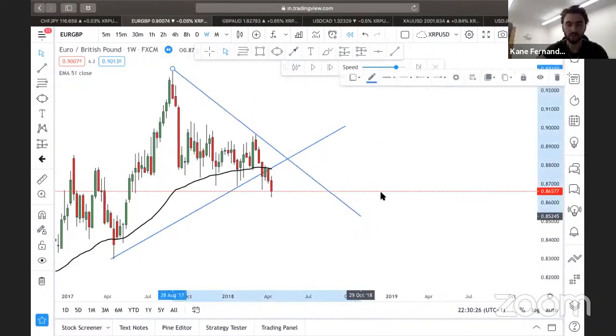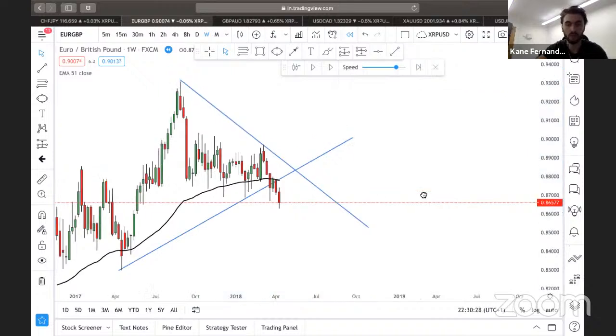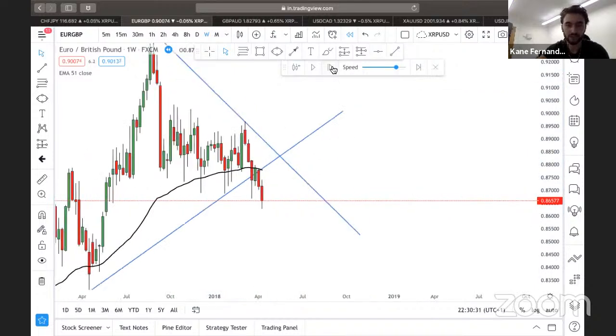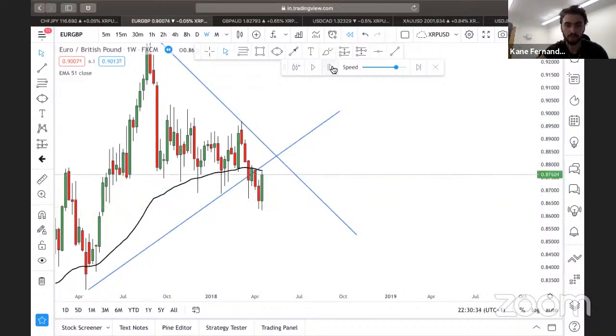So now the EMA has been broken, we can maybe look for a short. And you've got to be able to adapt like that. I was saying longs because it was respecting it, because probability dictated, for 3 years it's been respected. So you're just doing what probability dictates, which is what trading is.